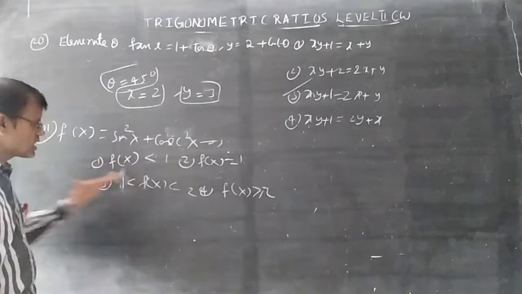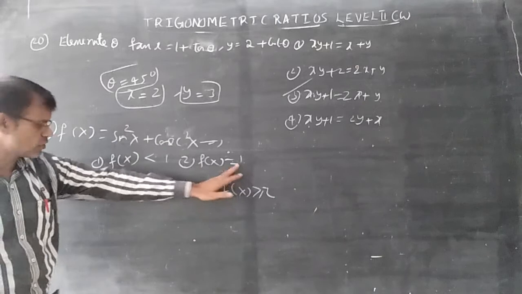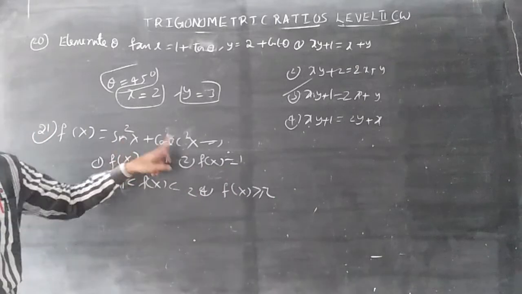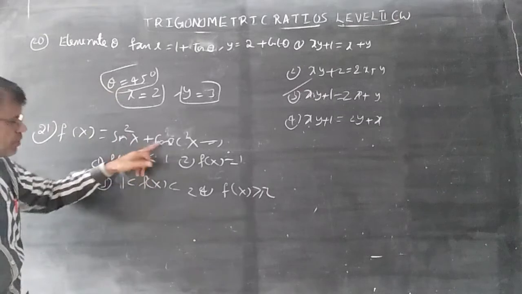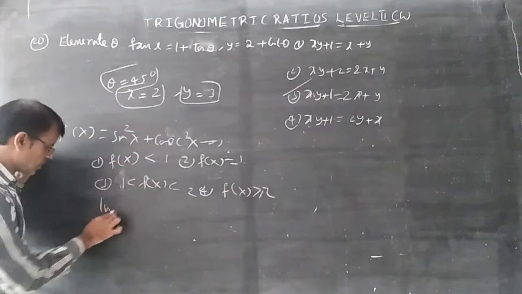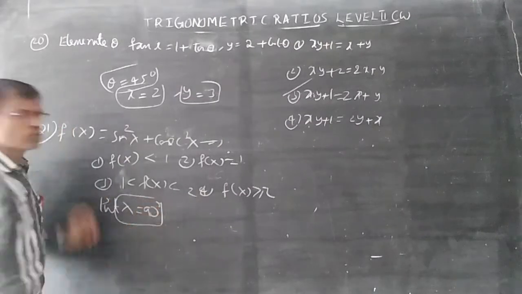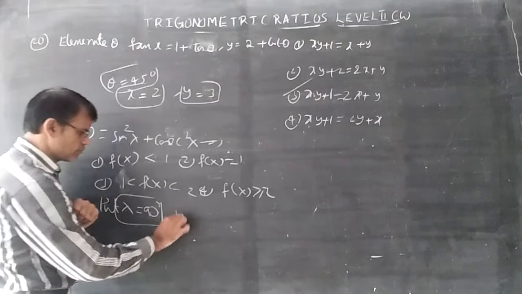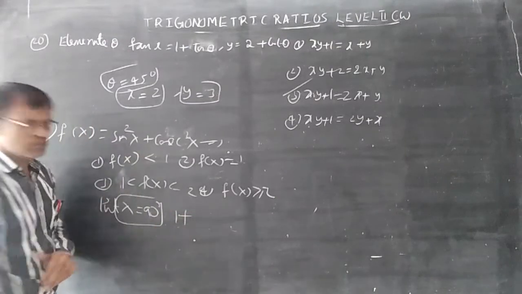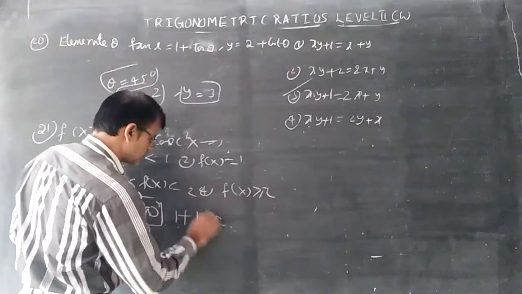He is discussing the less than 1 concept. Less than 1, or minimum equal to 1, is absolutely wrong, because sin square x is 1 plus a large value. To get the value easily I am using a shortcut. Put x is equal to 90. What is the value of sin 90? 1. What is the value of cosec 90? It is also 1, because cosec theta is equal to 1 by sin theta. 1 plus 1 is equal to 2.